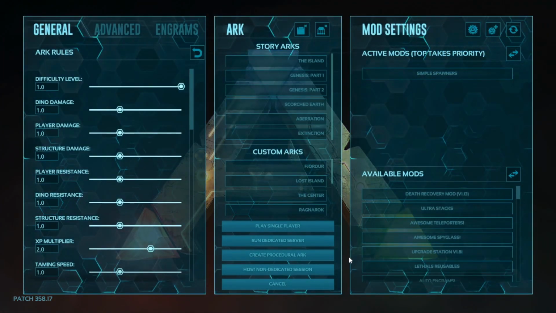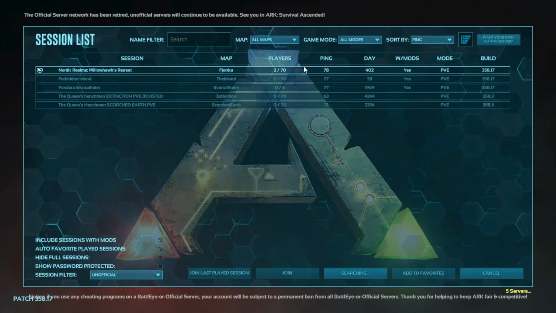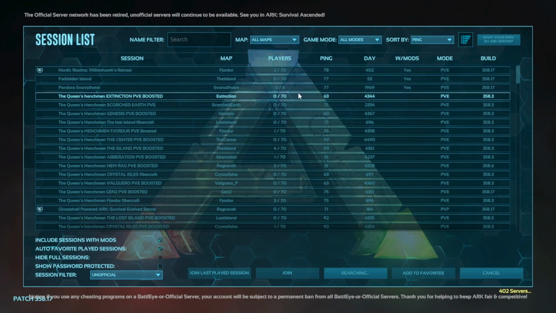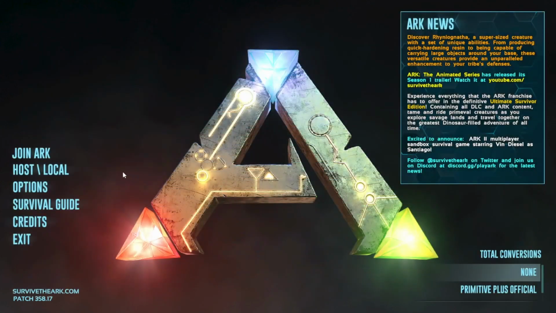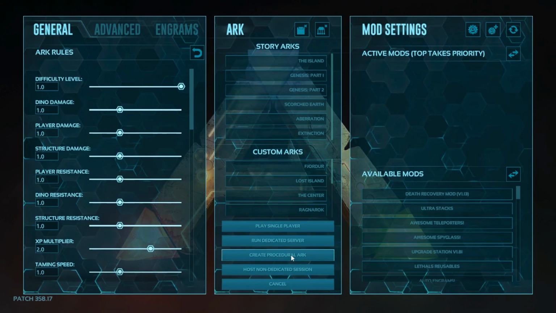So what you do is, of course, let's exit back out of that. Go to host local. Don't go to join, because that's where you would join different servers that you can play on. The only servers that look like they would be active would be non-dedicated servers, like modded servers and all that. But we do have this one where you can run